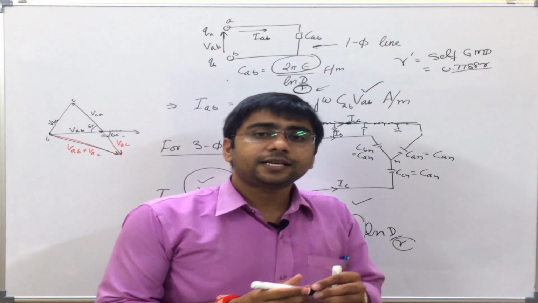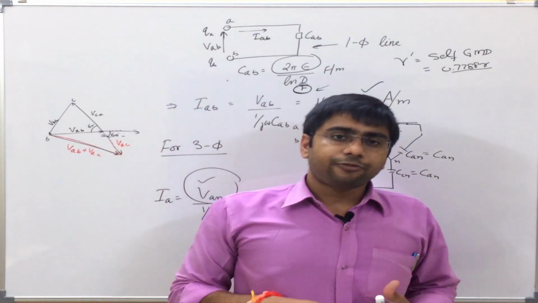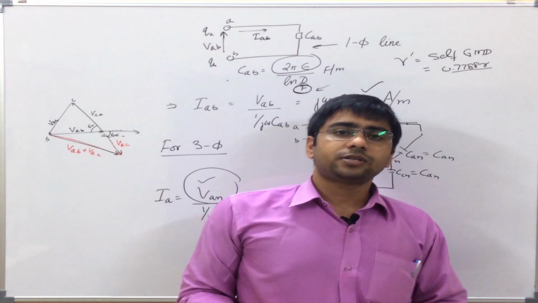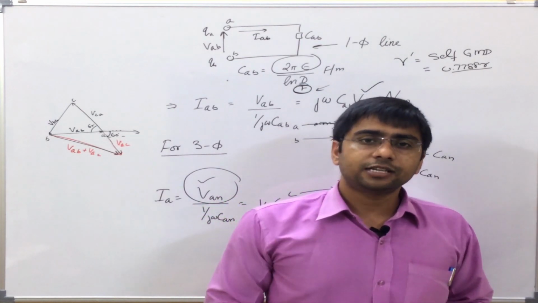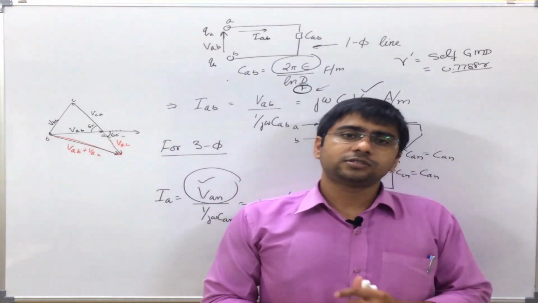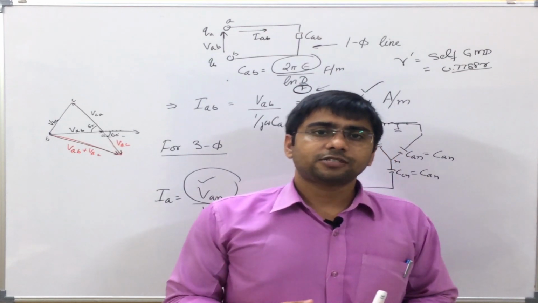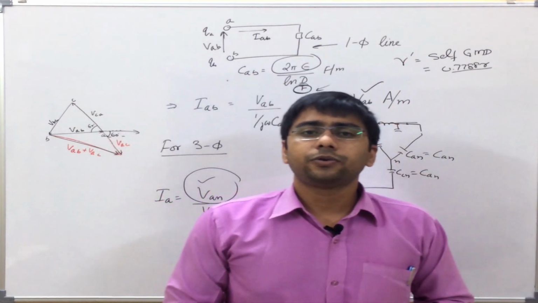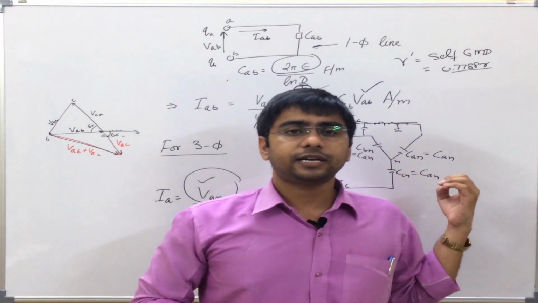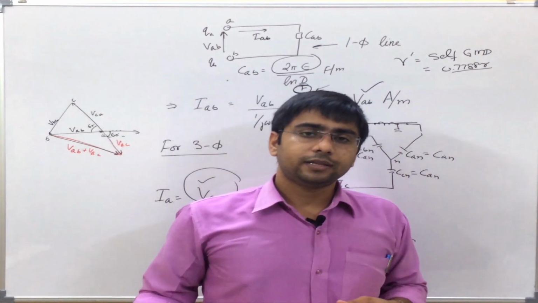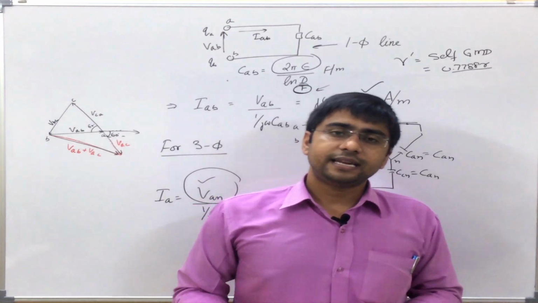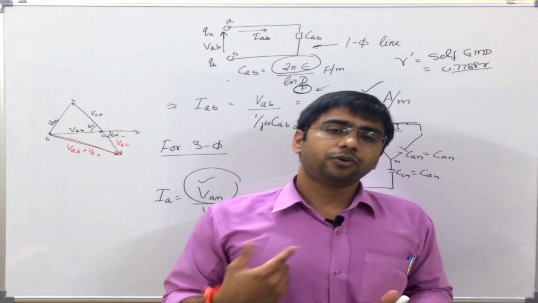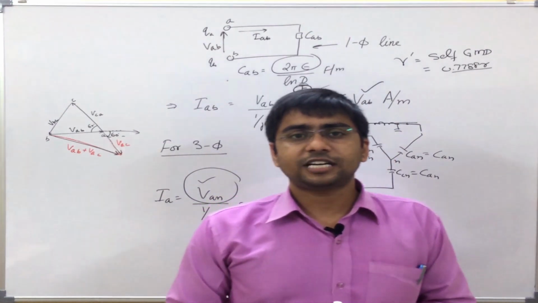So this gives us a hint that whatever formula, whatever method we used in derivation of inductance, similar methods can be used in derivation of capacitance. We just have to remember that instead of using R prime, we will now use just the radius of the conductor in all other formulas. So in the next video, we will see how to derive the expression of capacitance for a three-phase transmission line when it is transposed.